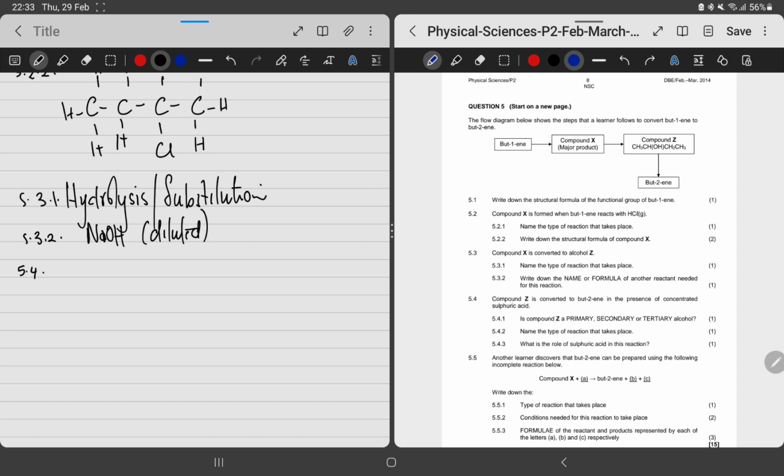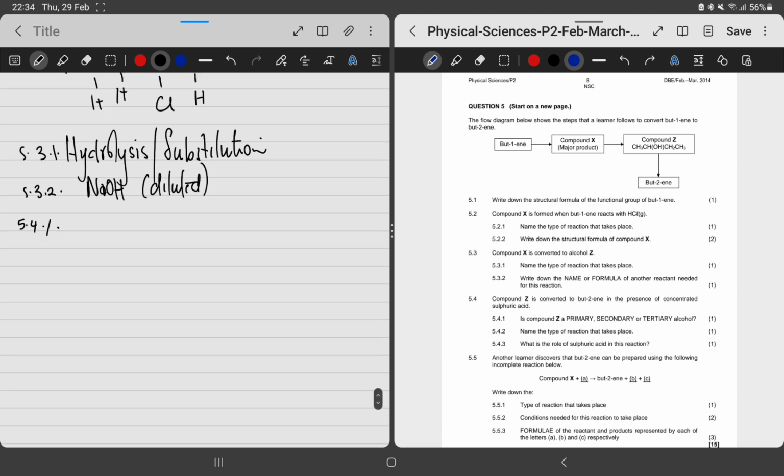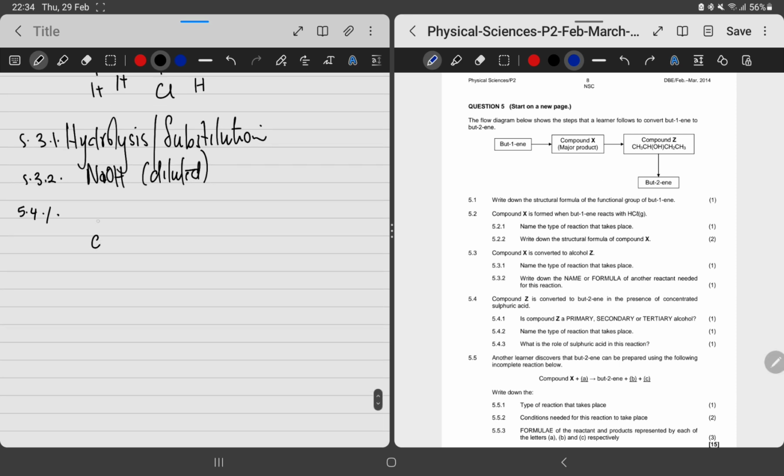5.4. Compound Z is converted to but-2-ene in the presence of concentrated sulfuric acid. So we are taking an alcohol and then producing what? An alkene. Okay. 5.4.1. Is compound Z a primary, secondary, or tertiary alcohol? Okay, so